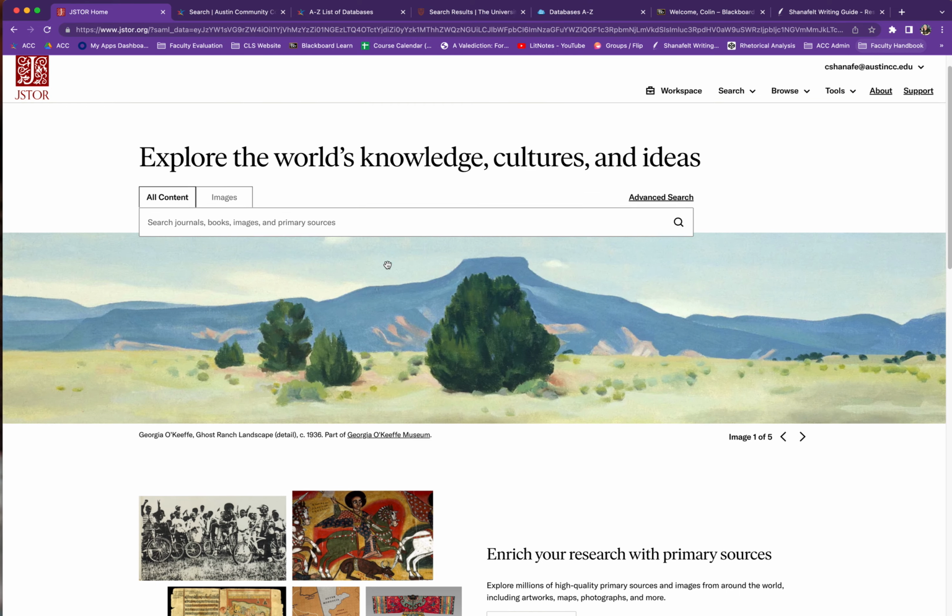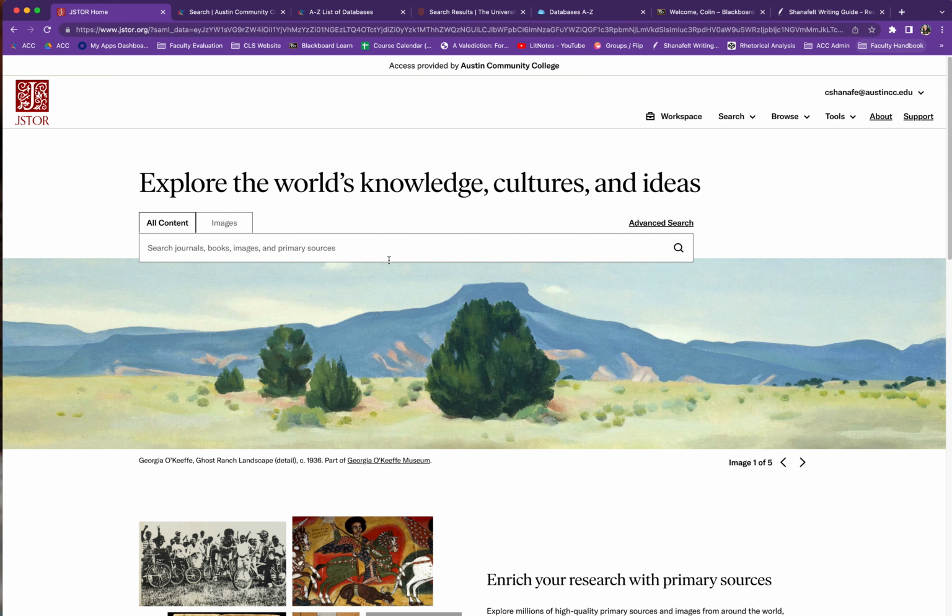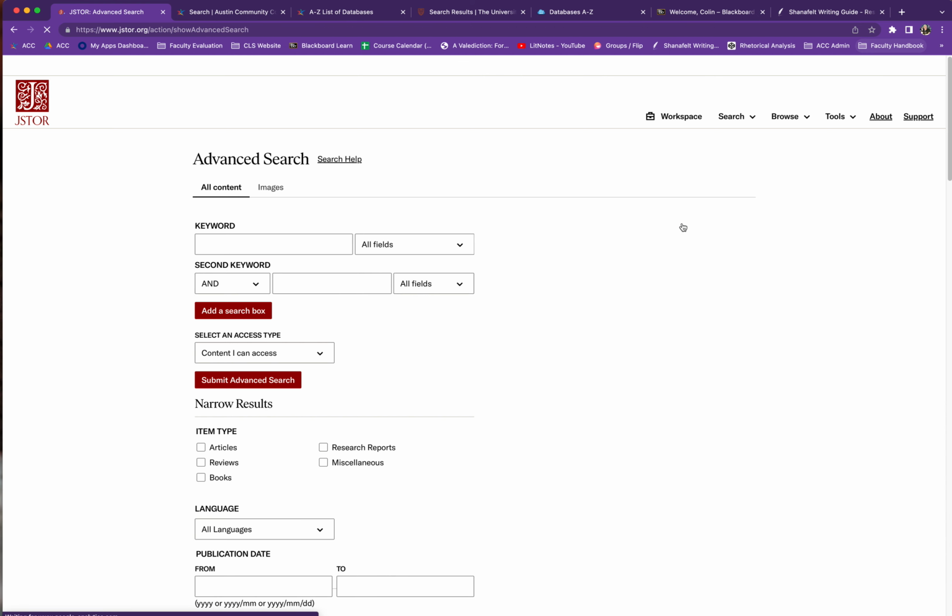So here we are on JSTOR, and let me say that practically all, virtually all, of the sources on JSTOR are peer reviewed. So you do not have to click any special box for peer reviewed. They're just all peer reviewed, with some caveats. I mean, you can never use absolutes and say everything, all, everyone, always, but it's a pretty close estimation in this case. I recommend that you go to Advanced Search right here, and then you're looking for,